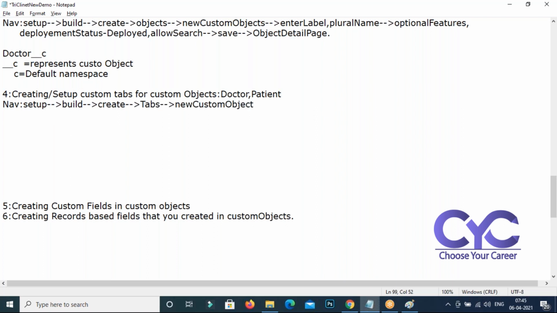Custom Object Tabs, not new here. There I need to go for the new tab. I need to select the object, select the object and tab style, and go to the next step up to this window.